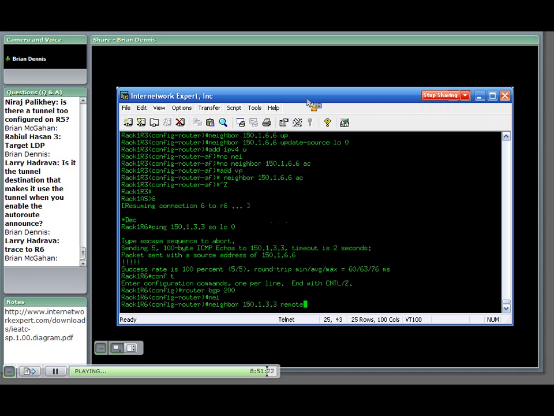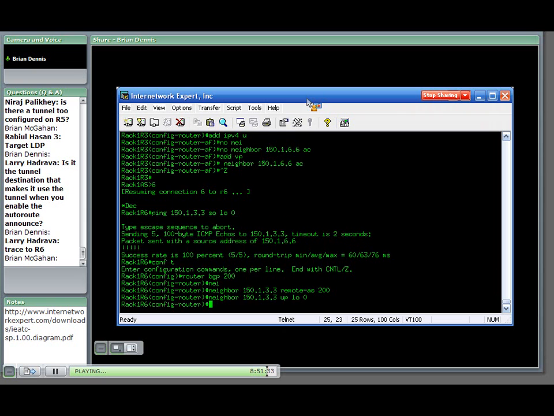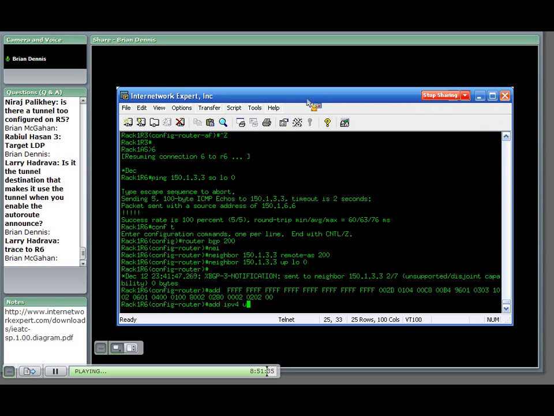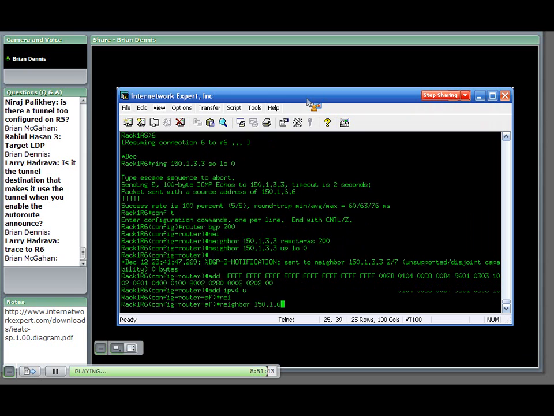And let's go down to 6 real quick. Neighbor 150.1.3.3, source LO0. Definitely something you want to do before you start bringing up BGP. Router BGP 200, neighbor 150.1.3.3, remote AS 200, update source loopback 0,